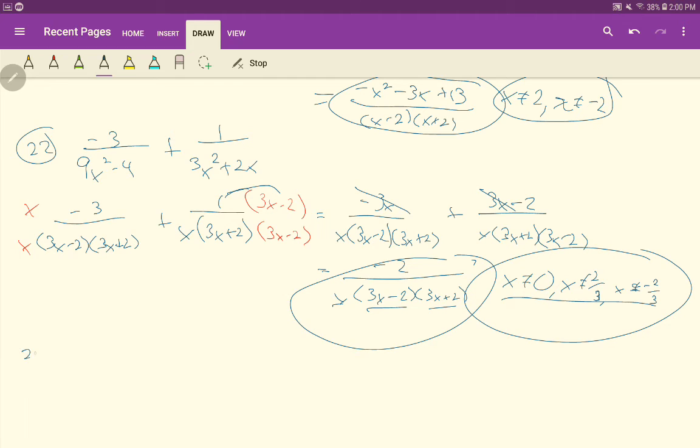All right, and last, 23. Okay, ooh, we're adding 3 things together. Adding 3 fractions, same principle, common denominator. So it's x squared minus 4, but to save myself the headache of having to rewrite everything, I'm going to go ahead and just factor that x squared minus 4 to be x plus 2, x minus 2, and then minus 1